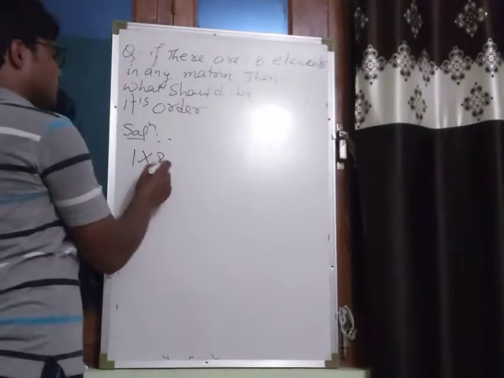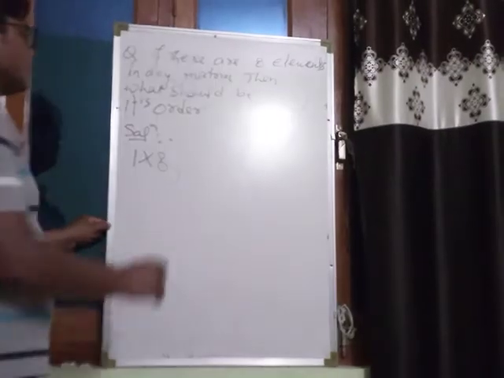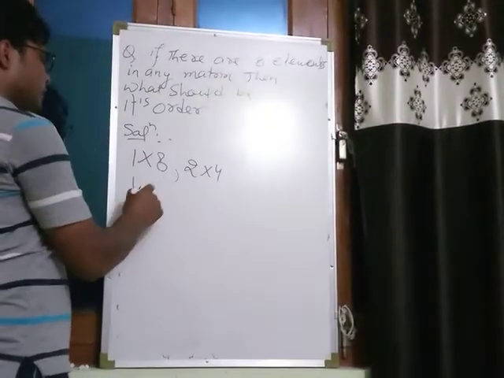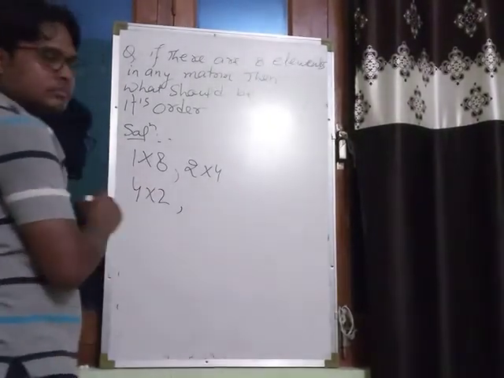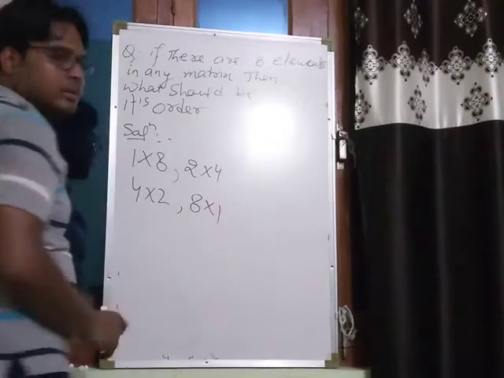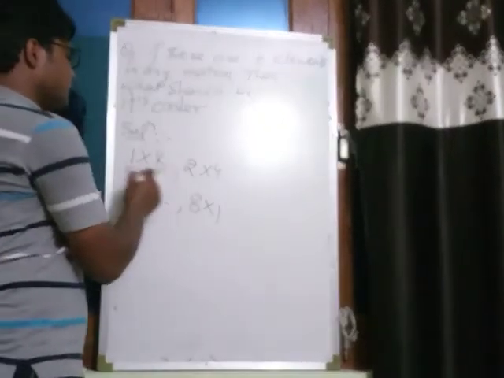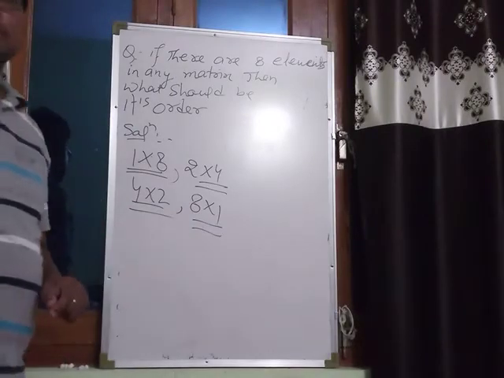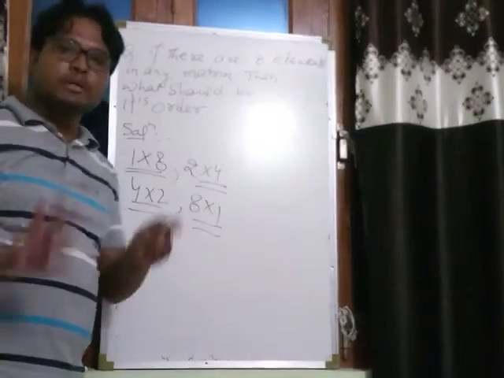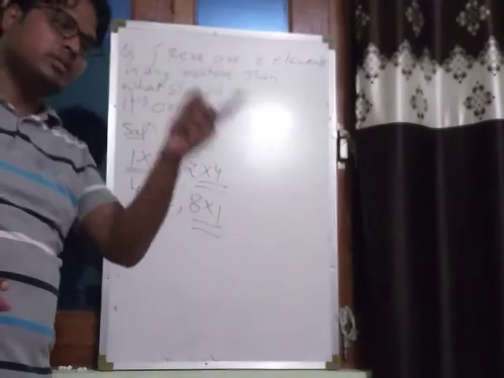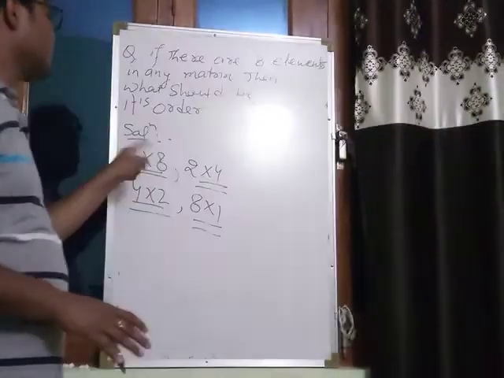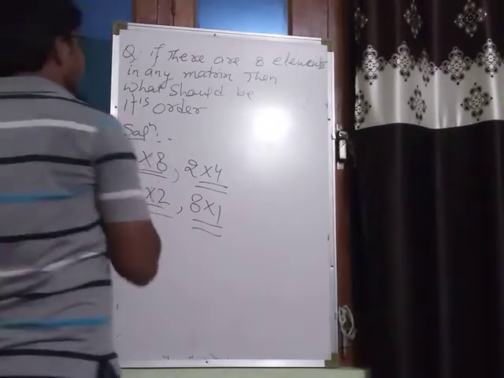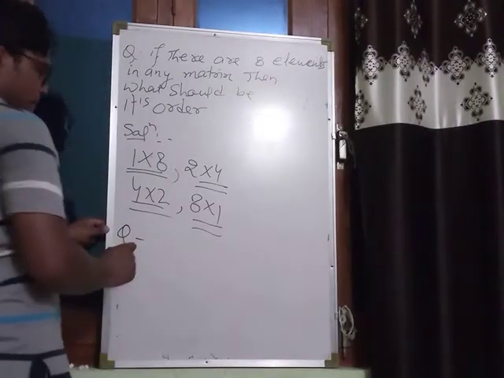1 by 8 का हो सकता है, 2 by 4 का भी हो सकता है, 4 by 2 का हो सकता है, 8 by 1 का हो सकता है. तो ऐसे ऐसे कितने मैट्रिसेस मिल सकते हैं? 4 मैट्रिसेस मिल सकते हैं, जिनमें टोटल नंबर ऑफ एंट्रीज 8 होंगी और ऑर्डर्स 1 by 8, 2 by 4, 4 by 2, 8 by 1.